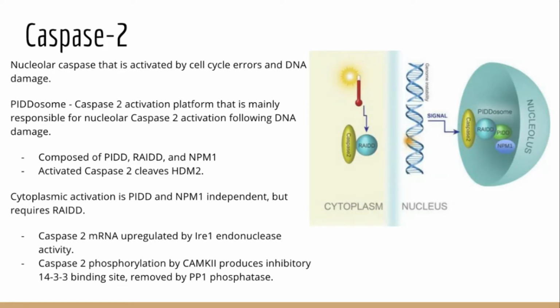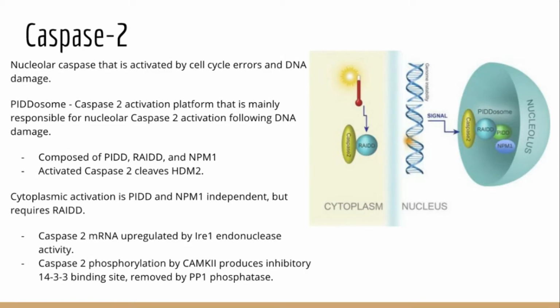Caspase-2 is similar to caspase-9 in that it's another initiator caspase that cleaves executioner caspases like caspase-3 and 7, but it's activated by an entirely different complex. That is, it's activated by the PIDDosome and not the apoptosome. So caspase-2 is also the only caspase localized to the nucleolus in the nucleus, although it's also found in the cytoplasm. So just because it's the only one found in the nucleolus, just remember that it's still found in the cytoplasm. So the pathway leading to the activation of caspase-2 is less well understood than caspase-9, but there are two